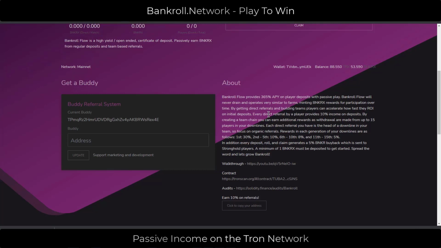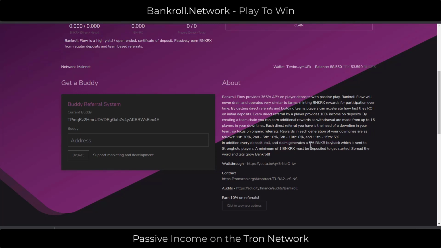Directs are really important in this, and it's the more organic way to build your team if you're getting involved in Flow. Then there are generational rewards, as the referral trees spread out, and the numbers specific to the downlines. Also 5% goes to banker buyback, which helps the stronghold players as well.